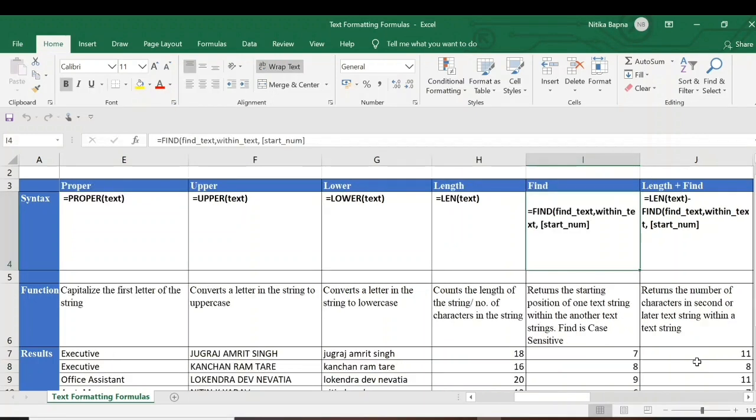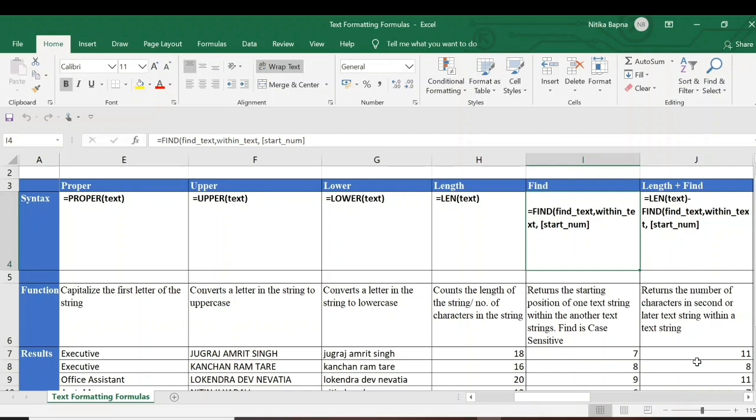FIND will return the starting position of one text string within another text string, and it is case sensitive. In place of FIND, you can also use SEARCH. The difference is that FIND is case sensitive and SEARCH is not. The syntax is equals to FIND, the text you want to find, which will be in inverted commas, then within which text you want to find, and the starting number of it.